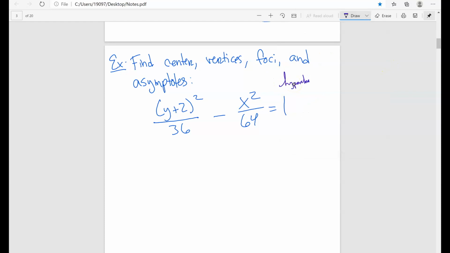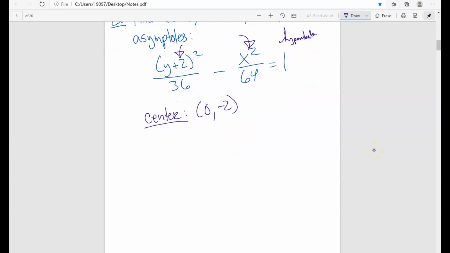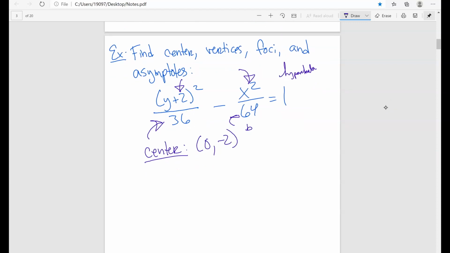This hyperbola. So you can see that the vertex, oh no, not the vertex, the center, okay, it's not at 0, 0, it's shifted. So in the x direction, there's nothing. And in the y direction, it's just going to be minus 2. So that's going to be the center of this hyperbola. Notice that in this case, this guy is going to be my a, and this guy is going to be my b. So when I want to figure out my foci,